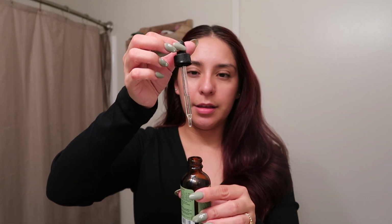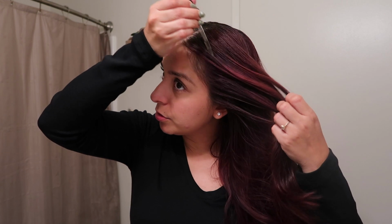Or let's say if I get home, like right now, and I need to do something, I don't have time to wash my hair yet, I will apply it. I'll go to the gym if that's what I'm gonna do. That's typically the days that I wash it, and then I'll come back and I'll wash it. So before I do that, at the moment I'm just gonna wash it since I'm not going to the gym today, but I will apply it in the little dropper, and I will just go in one section at a time, kind of like a fork, I guess, and I'll just apply it